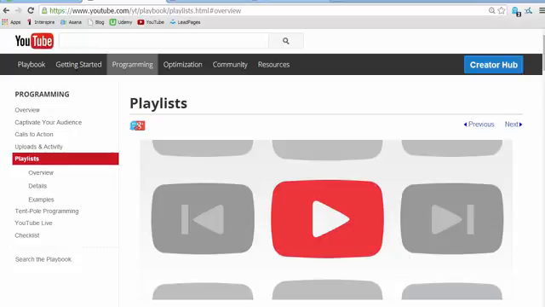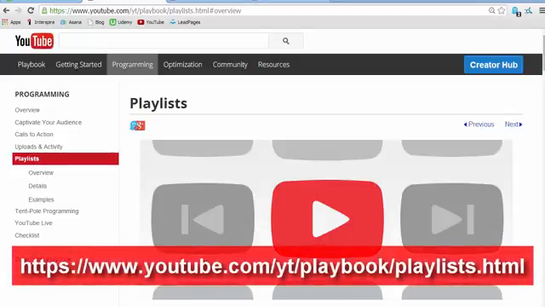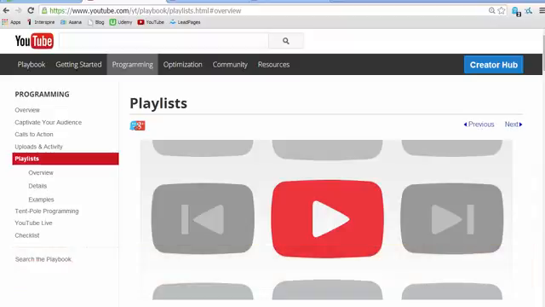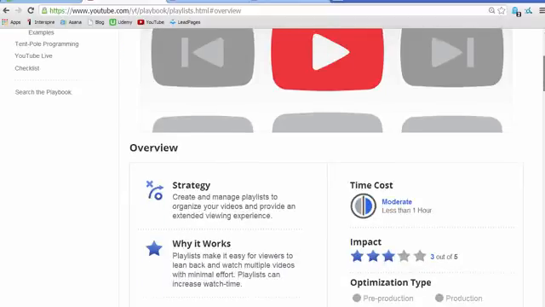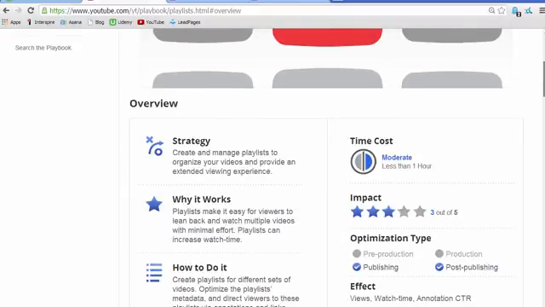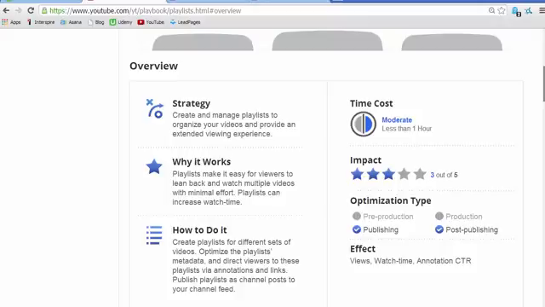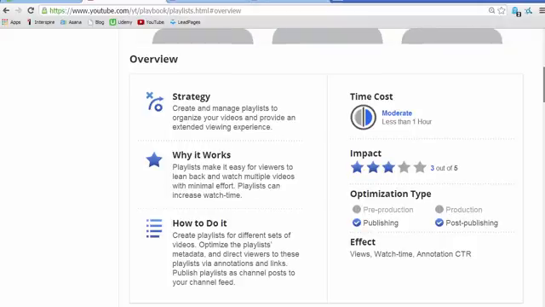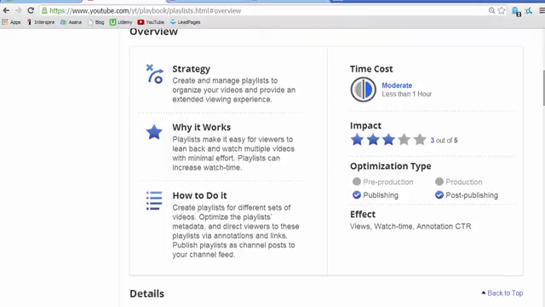Creating a playlist and organizing your videos. One additional bonus strategy that I recommend that you experiment with is playlists. Now, here is an article from YouTube themselves about playlists and that they recommend that you use them. And it's in order to provide basically an extended viewing experience for all the traffic that is coming to that